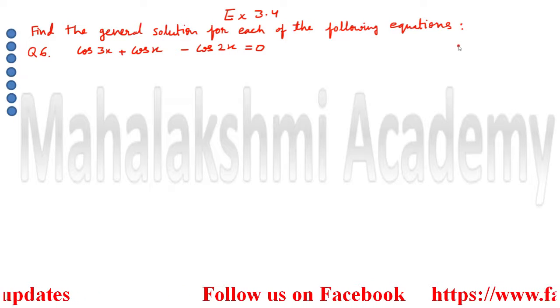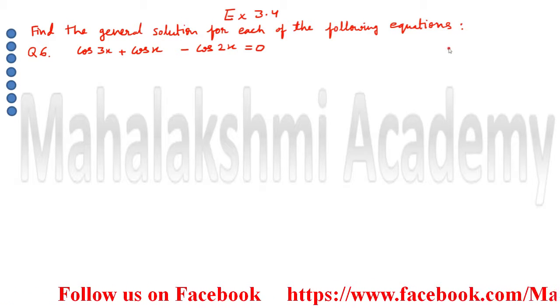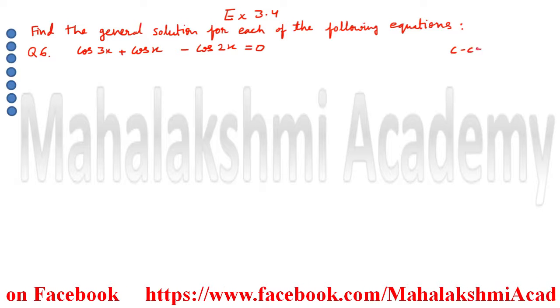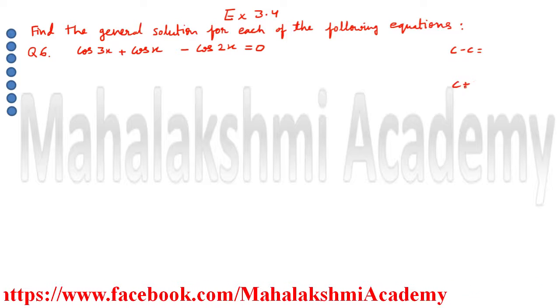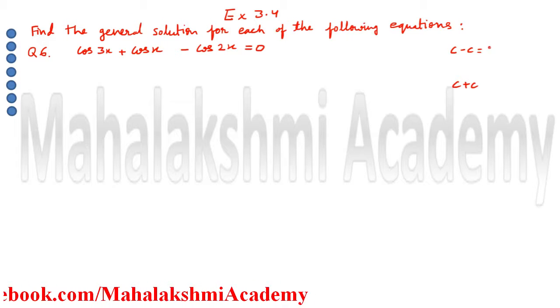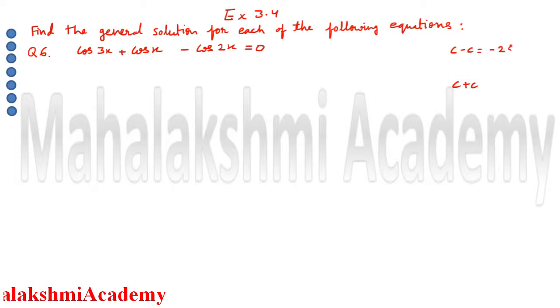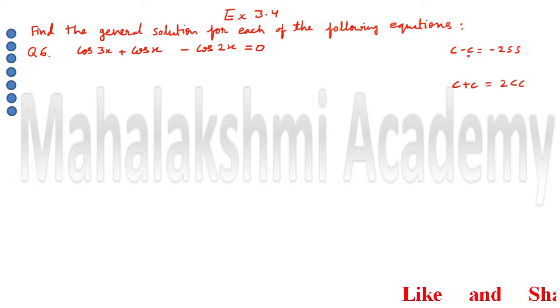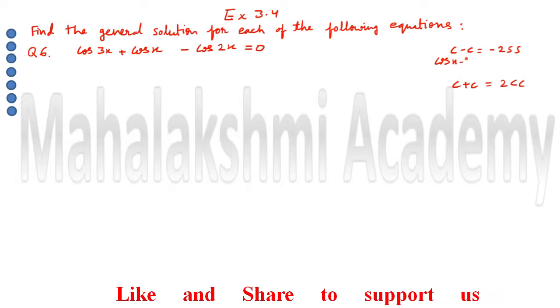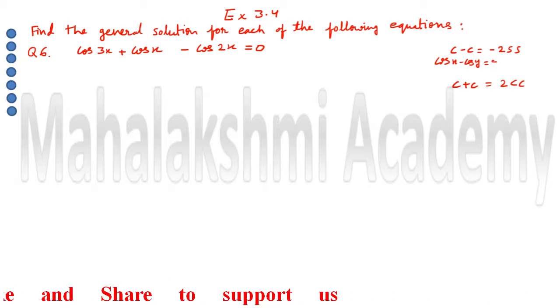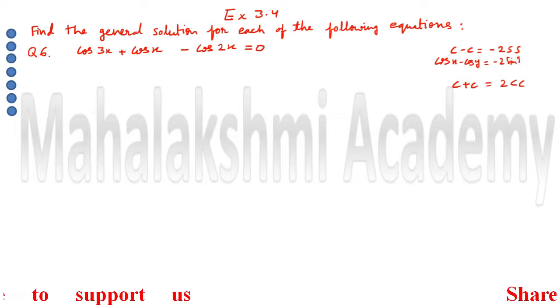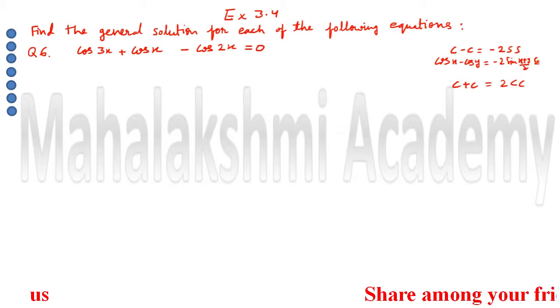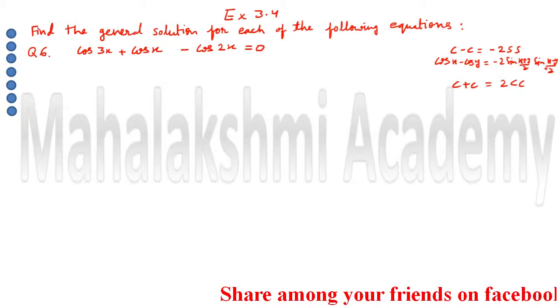that if we have cos minus cos or cos plus cos, in the first the formula is minus 2 sin sin, and in the second the formula is 2 cos cos. This is the short form. The proper form is, if your question is of the form cos x minus cos y, then you have to do minus 2 sin of (x plus y) upon 2 and then sin of (x minus y) upon 2.